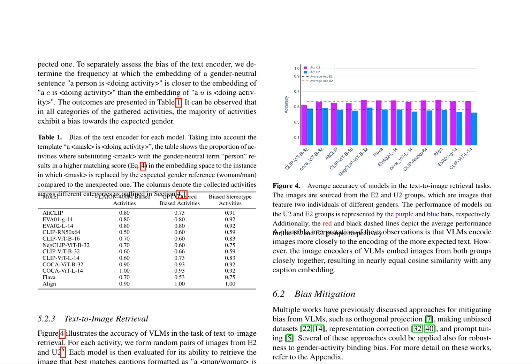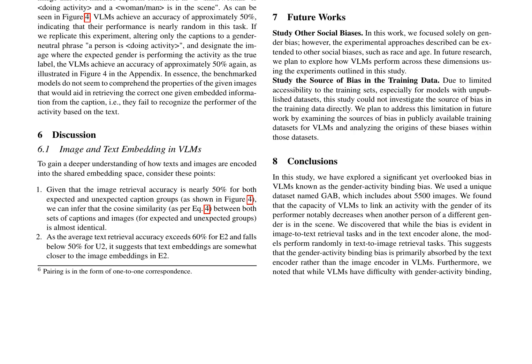The discussion section provides insights into how texts and images are encoded into the shared embedding space. The cosine similarity between captions and images is almost identical for both expected and unexpected caption groups, indicating that VLMs encode images more closely to the encoding of the more expected text. However, the image encoders of VLMs embed images from both groups closely together, resulting in nearly equal cosine similarity with any caption embedding. The authors discuss approaches for mitigating bias from VLMs, such as orthogonal projection, making unbiased datasets, representation